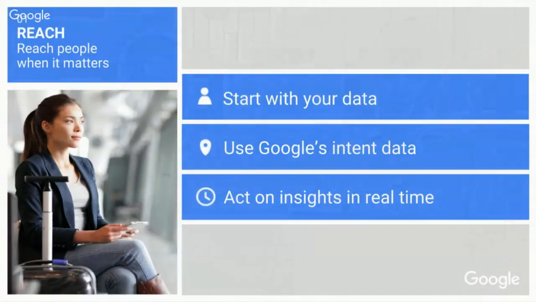Right. So to recap, a successful programmatic strategy really starts with defining and reaching the right audience. It's important to start with your own customer data. Programmatic remarketing on the GDN can help you re-engage with your existing customers to reach them at the right time with the right message on the right device. Then you can leverage powerful audience signals like Ford did on the GDN, indicating intent and immediacy to find and reach new customers. And all of these signals are enabled in real time to drive efficiency and results for your business.